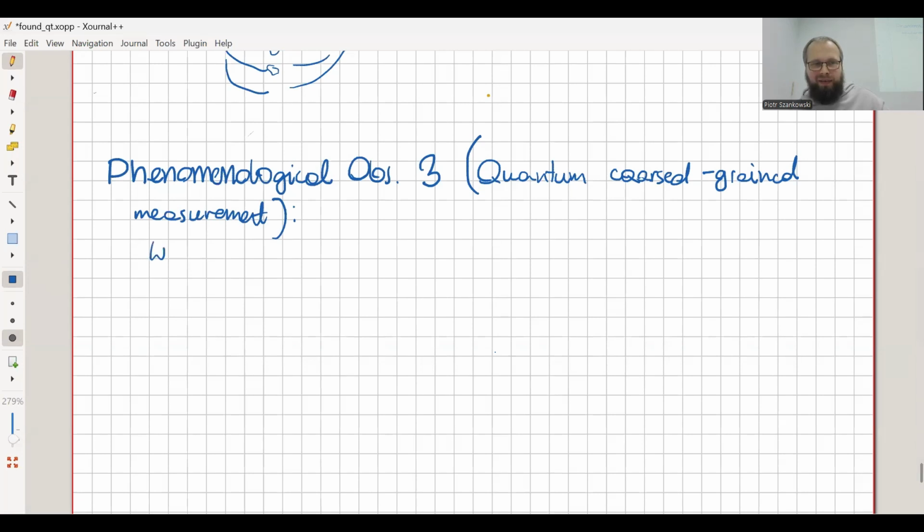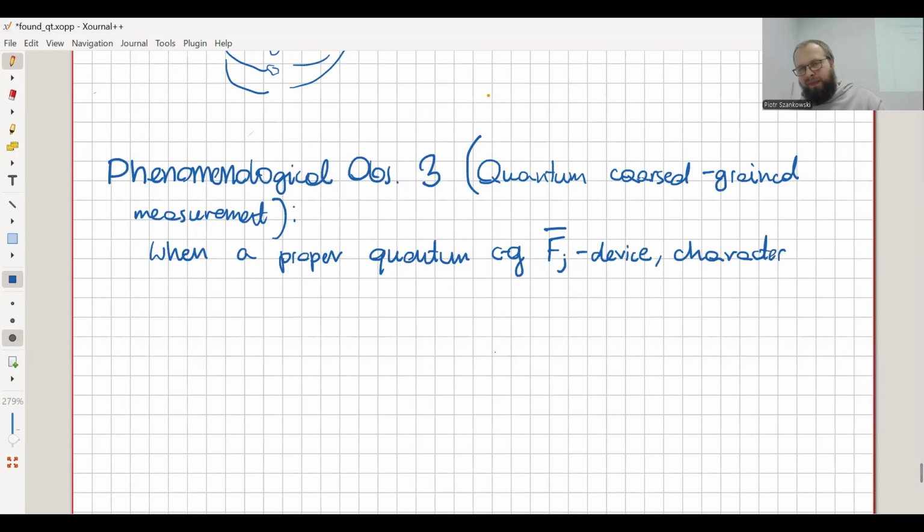When a proper quantum coarse-grained CG device, F_J bar, characterized by a resolution in res F_J bar given F_J,